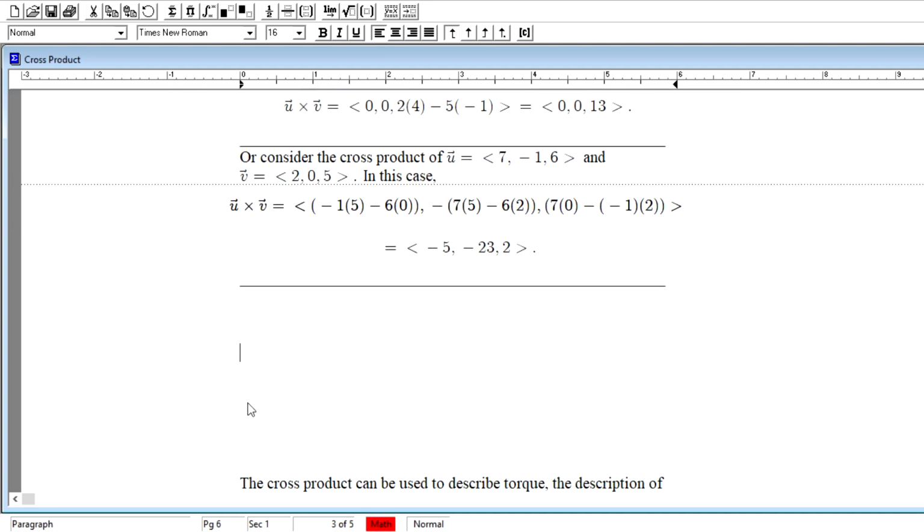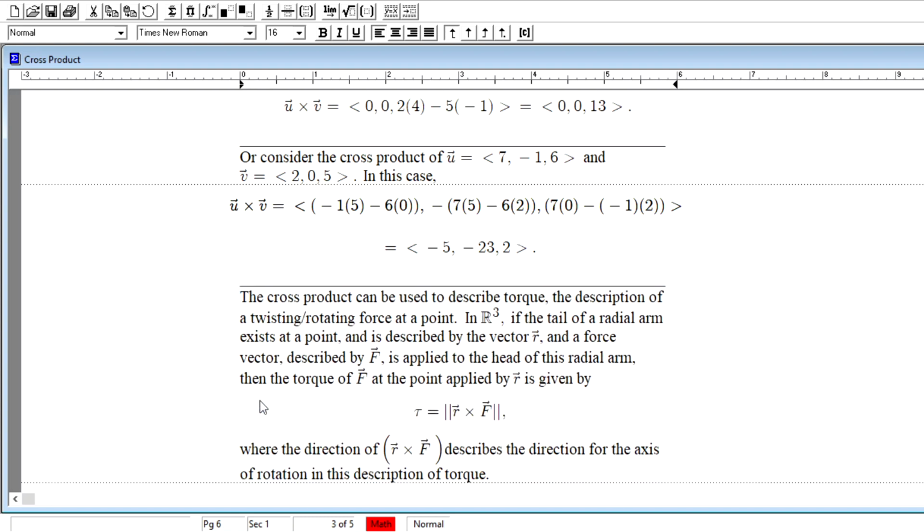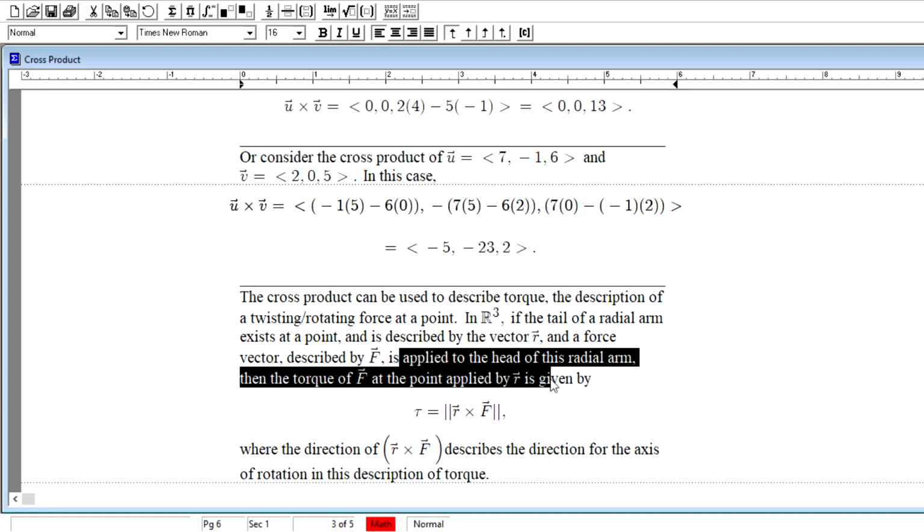Now, we do see a bit of quick application to wrap this up. The cross product can actually be used to describe torque. What is torque? Torque is a description of a twisting or rotating force at a point. In three-dimensional space, if the tail of a radial arm exists at a point and is described by the vector r bar, and a force vector described by big F bar is applied to the head of that radial arm,